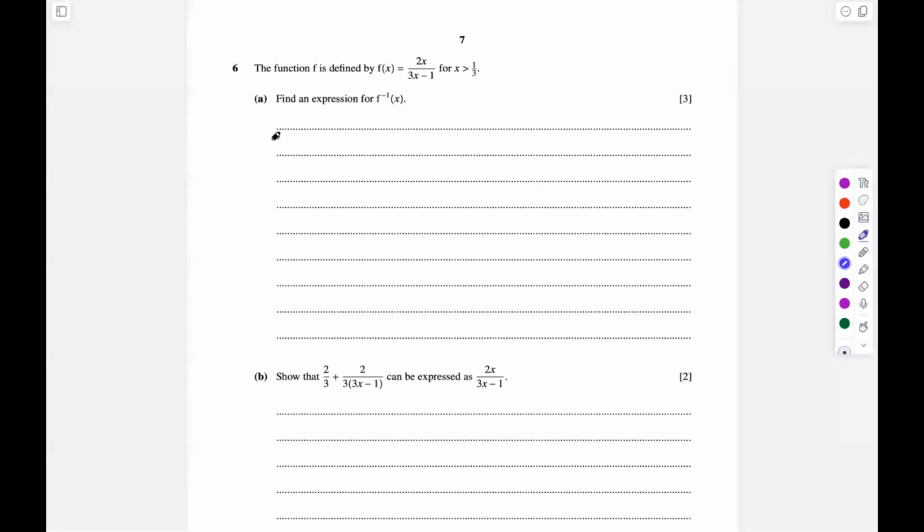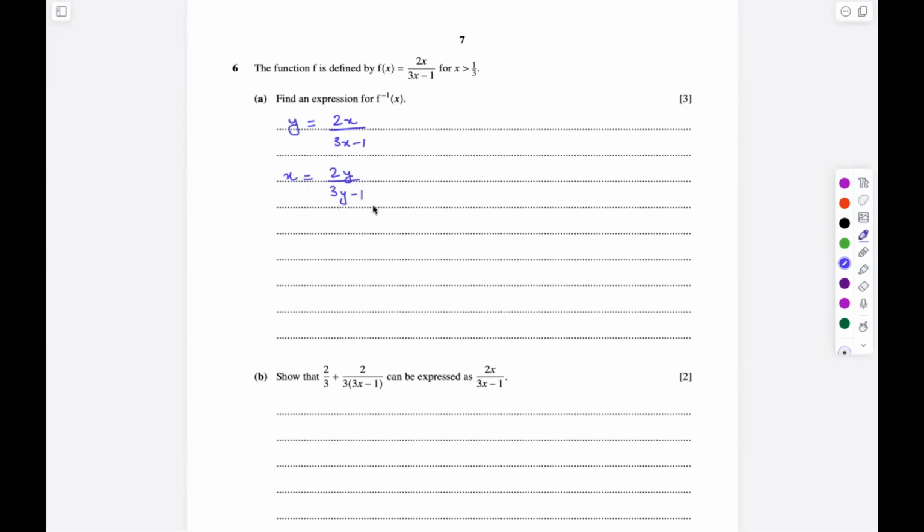In question 6, the function f is defined by f of x equals 2x upon 3x minus 1 for x greater than 1 upon 3. In part A, we have to find an expression for f inverse of x. So in the first step, we'll write y in place of f of x, and this will be 2x upon 3x minus 1. Now exchanging the values of x and y, this will become x equals 2y upon